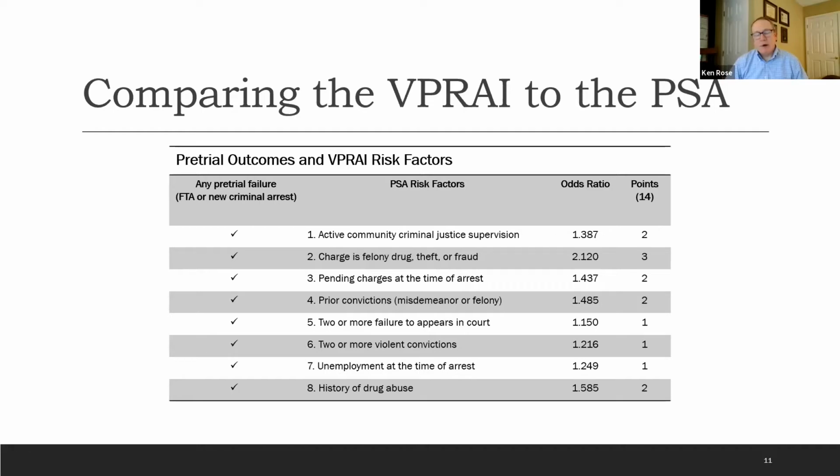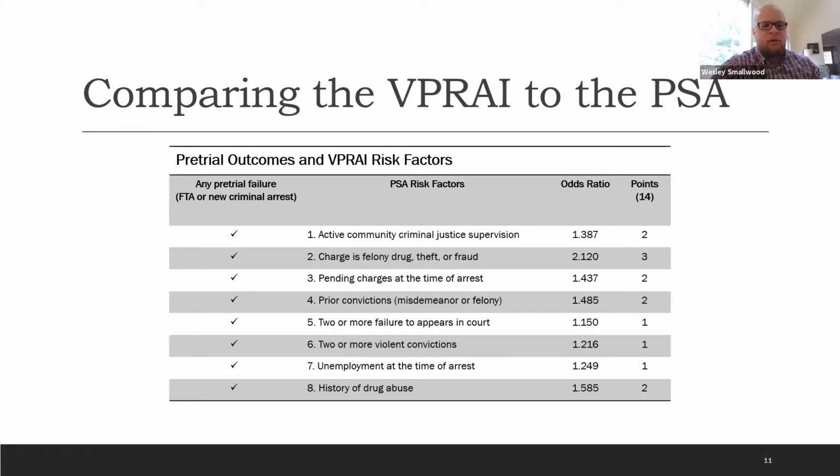So Wes, do you want to take us through the VPRAI? I know a lot of folks out there know the VPRAI, but just a refresher of the risk factors. Yeah, sure. So as you can see, there are 8 risk factors that are measured in the VPRAI, and those risk factors can be weighted differently. As you can see, there's one that is given 3 points, some are given 2, and